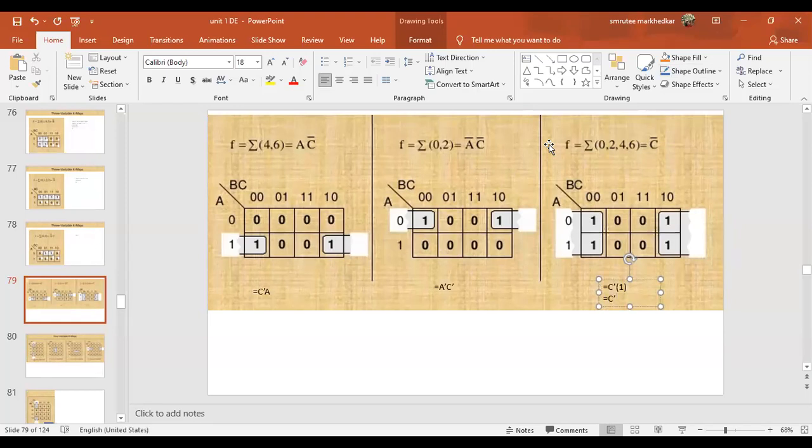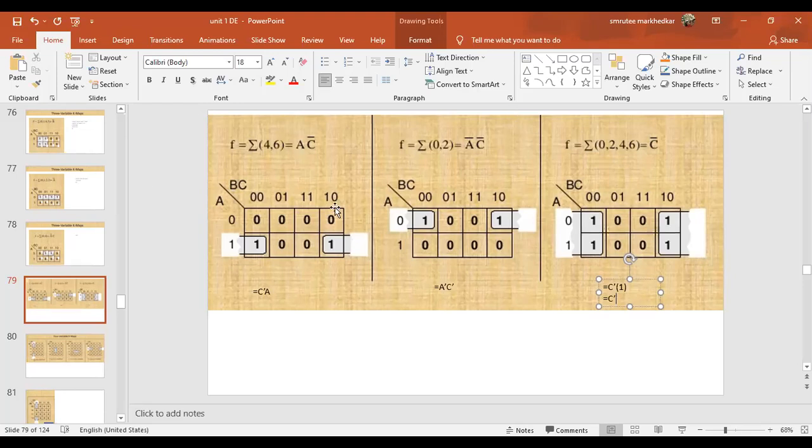Yeah, easy, right? So what we have done: first, we need to find out whether it is SOP or POS. Once we have done that, second, we should see the positions. The positions of 0, 1, 2 and 3 should be placed together, so it looks like 0, 1, 3 and 2. The 1s should be placed together if it is an SOP. And then you have to see the maximum combinations you can make. Wherever a quad is possible, go with a quad. Where a pair is possible, go for a pair. Preference is always given to the quad first and then to the pair.